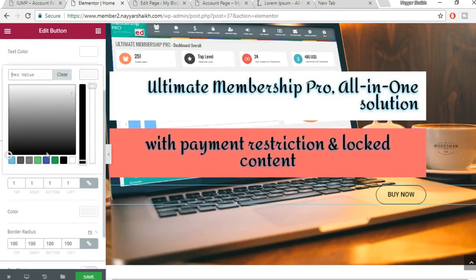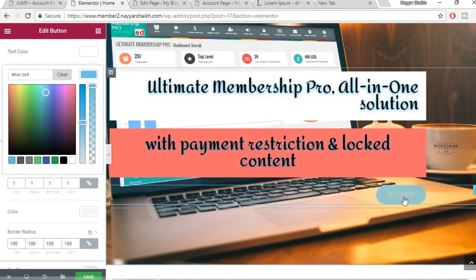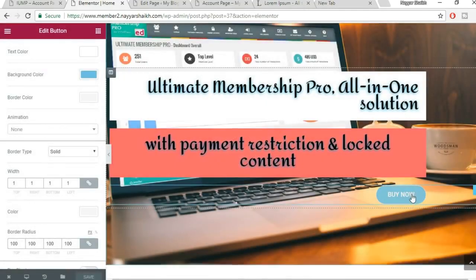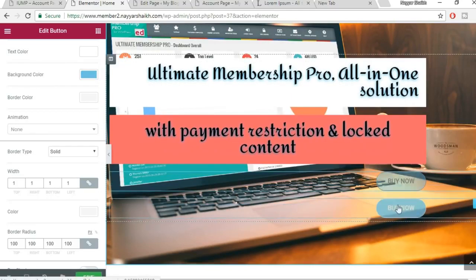And we want the background color to turn blue. Okay, so as you can see, now we have the text color white, background color blue. So this is how you create a button. Click on save. Now you don't have to do everything again and again to make a new button. What we'll do, we'll copy this button. Or maybe we'll copy this, just click on over here, click on copy widget, duplicate widget, and we have